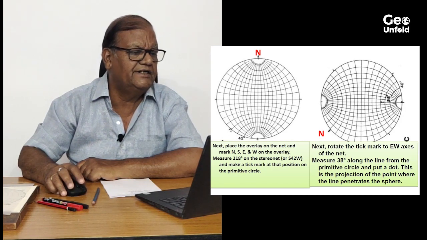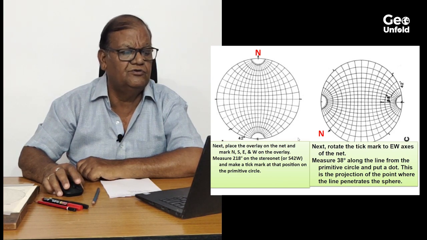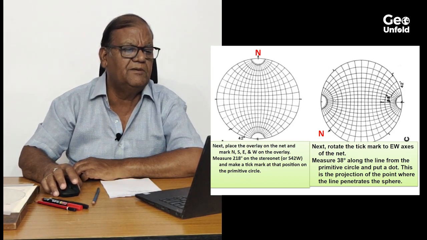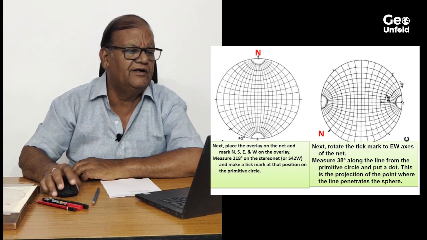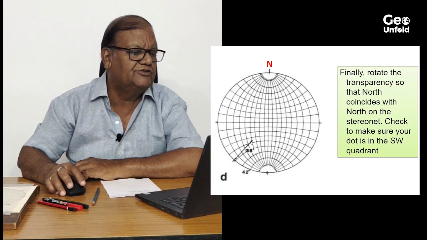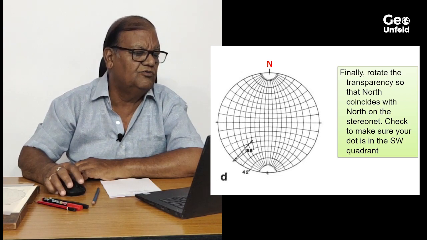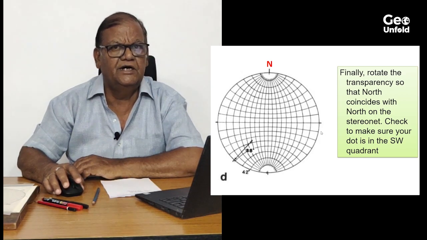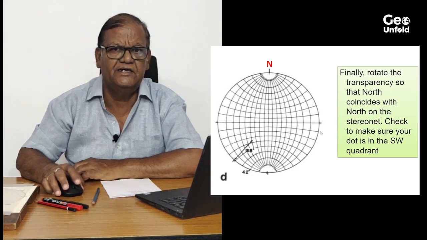Once we measure this 222 degrees, we bring this particular point either onto the east-west or onto the north-south, because plunge and dip are both measured in a vertical plane. We have brought the point onto the vertical plane, and from there we count inside, that is we measure about 38 degrees inside and mark a point, and this point represents the line. When we bring north with north, we find that it is plunging about 38 degrees towards south 42 west. So this is how we plot lines and planes. I will show you practically also how it is done.